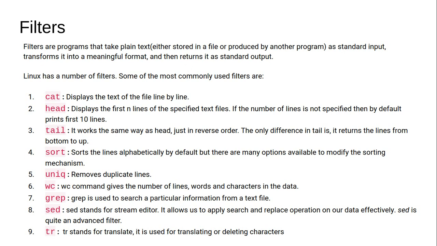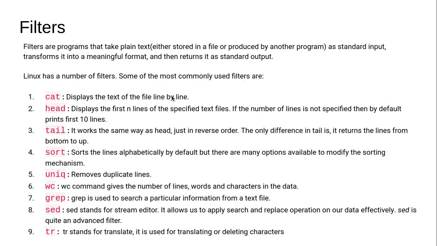Whenever you have to find certain strings in a file, or if you want to traverse through the contents of files and see only a specific portion of a file, you use filters. How they work is, you provide some options with those filters, and the filter will search for the pattern that you provide in the command and print it directly on the screen. That is your standard out. Linux has a number of filters.